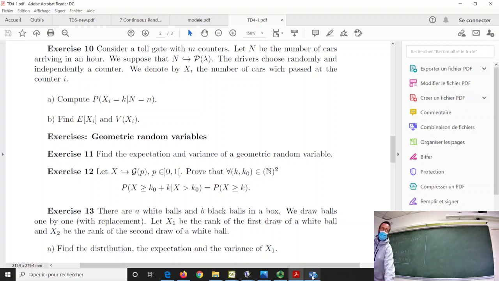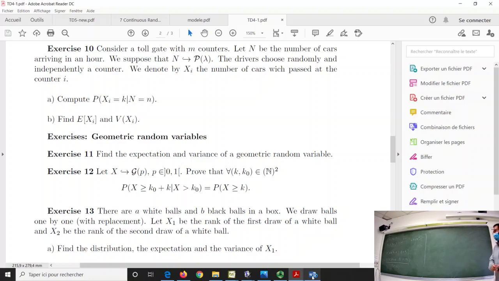Just have a look here. I have this statement, and here I have greater or equal, and here I have strict. Okay? Keep in mind that I am in the discrete case, and typically in the geometric, so my values are 1, 2, 3, and so on. So what is the meaning of being strictly greater than K0 in the case of this particular situation?